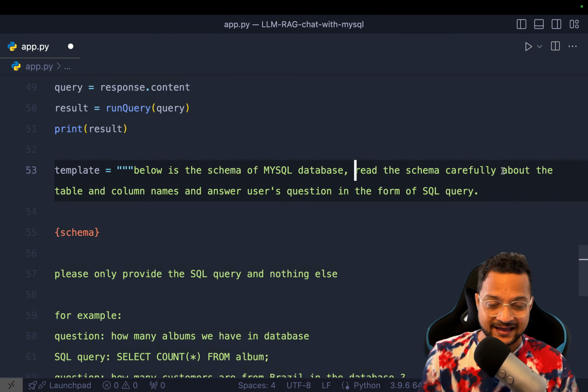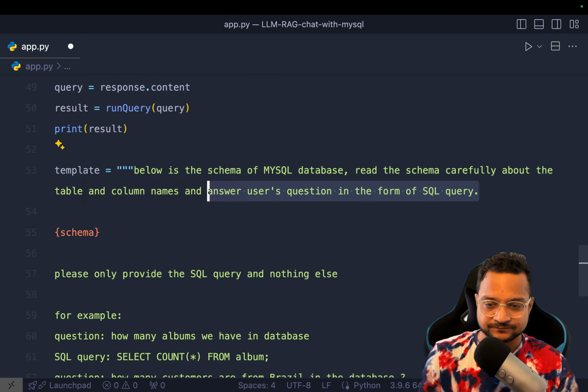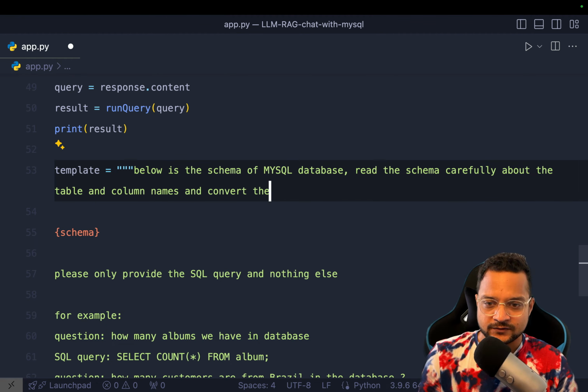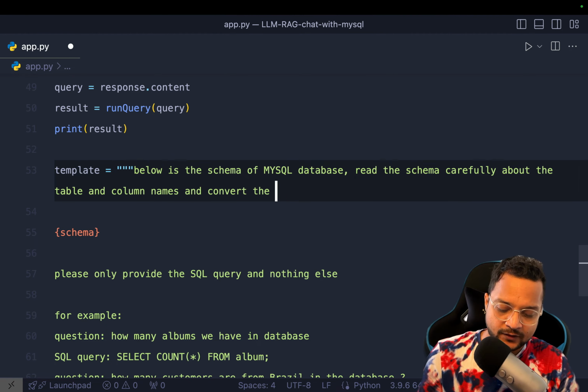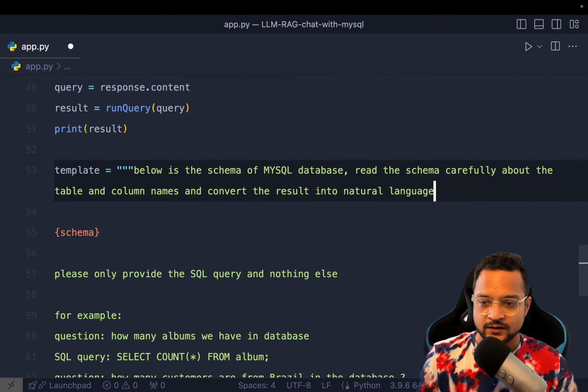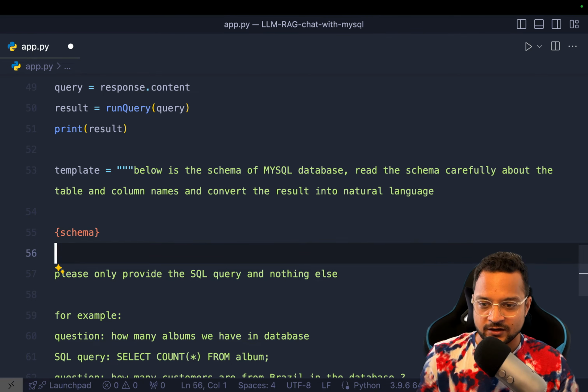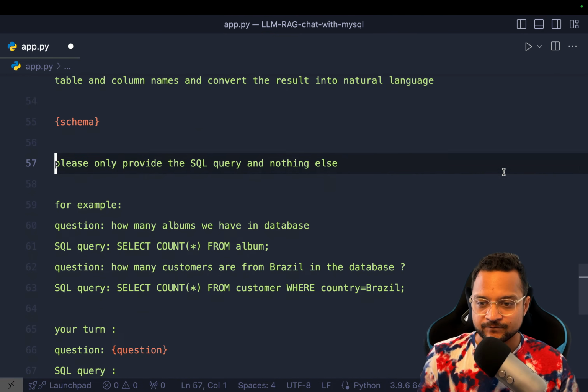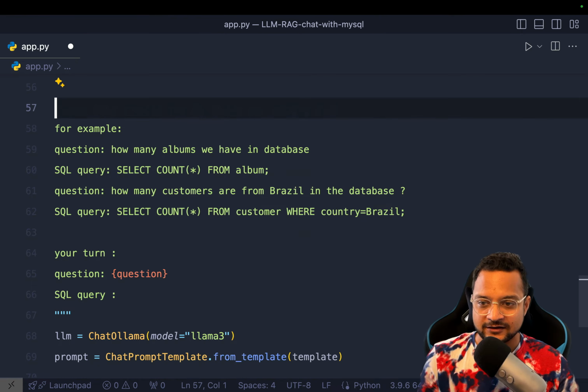Read it carefully, and about the table name and everything, and convert the result into natural language. So here is the schema, and now I say once again I need to provide some